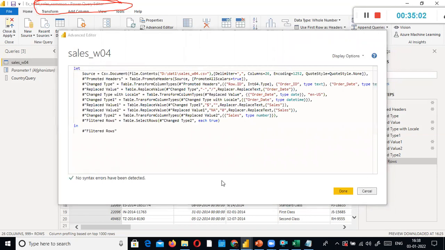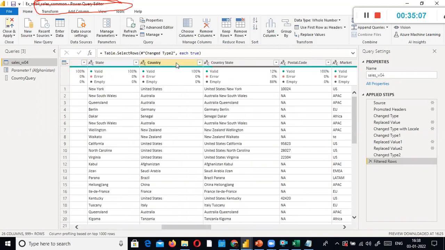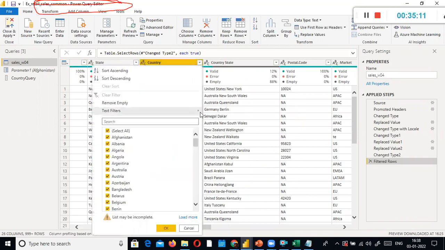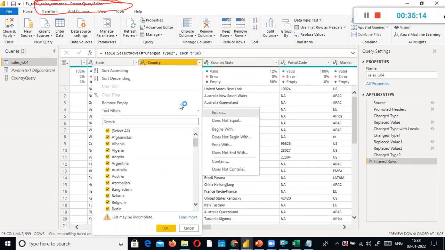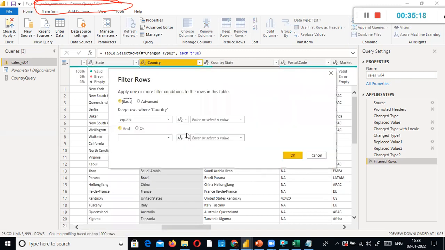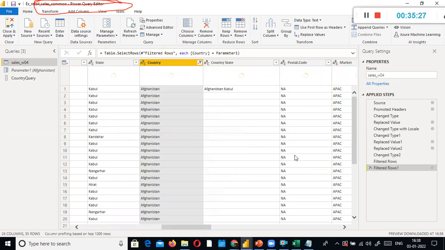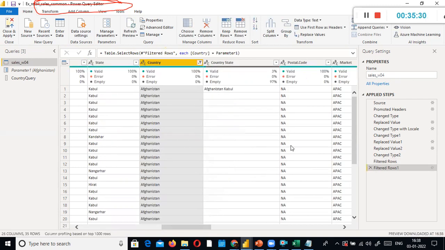So here in the advanced editor, I'm going to say country. Here you cannot assign the text like other parameters. I think we can specify it, we'll see. So I'm going to select the parameter. I need to set this parameter, I did not specify it. So now I'm done with this. Next step, I click close and apply.